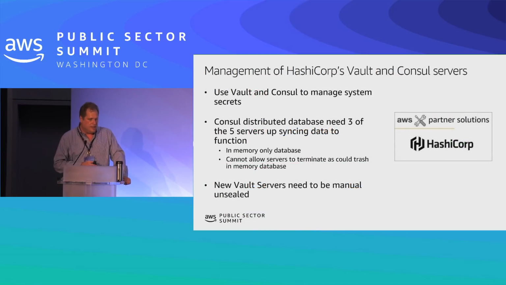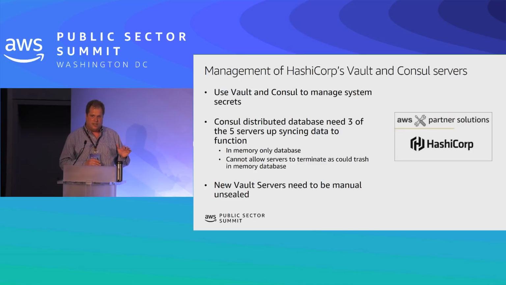Okay, for my last example, I want to talk about HashiCorp's Vault and Consul servers. These manage our secrets in the system. When our endpoint needs to talk to our RDS database, we don't want to put those passwords in code. We end up sticking them into Vault, and then Vault will pass them out to the endpoint and anybody else who needs them. The tricky thing about Vault and Consul is we can't just stick them in an autoscale group. They need to be running.